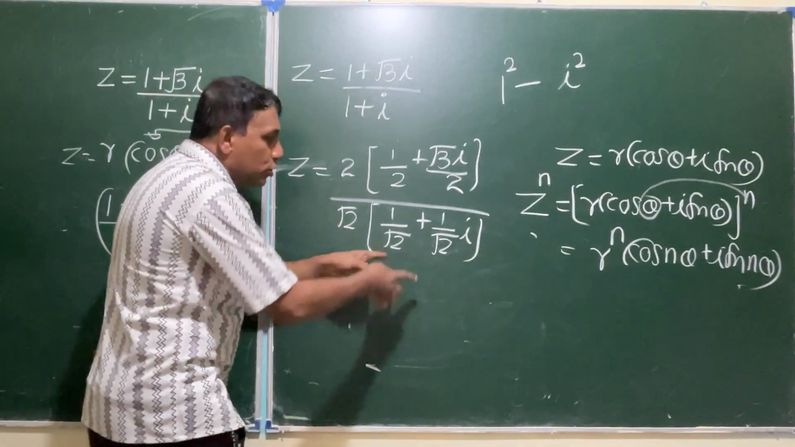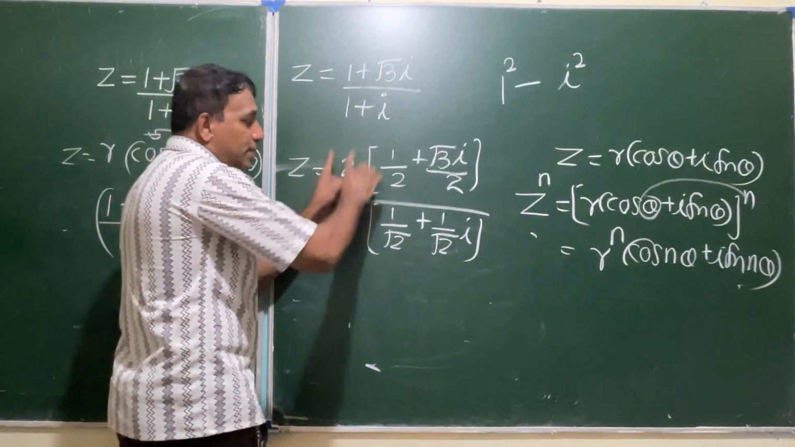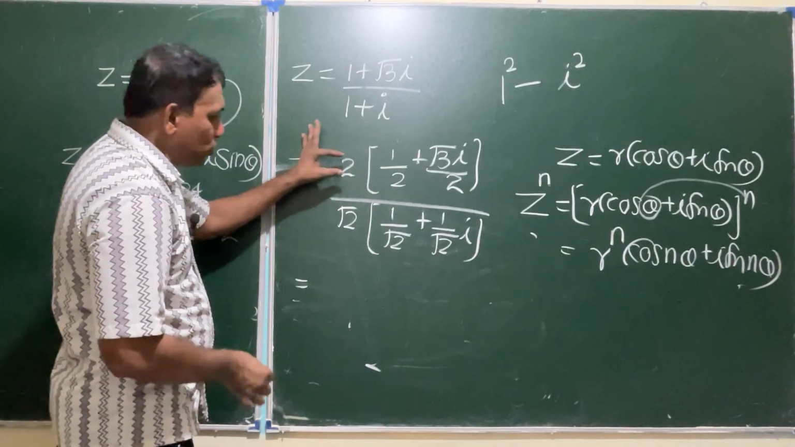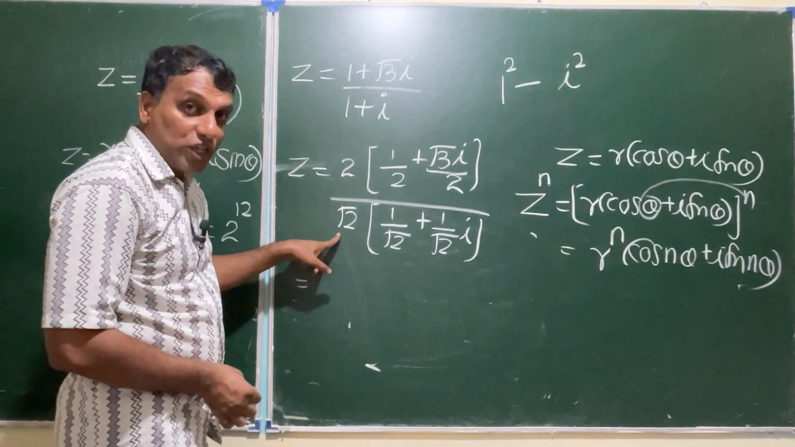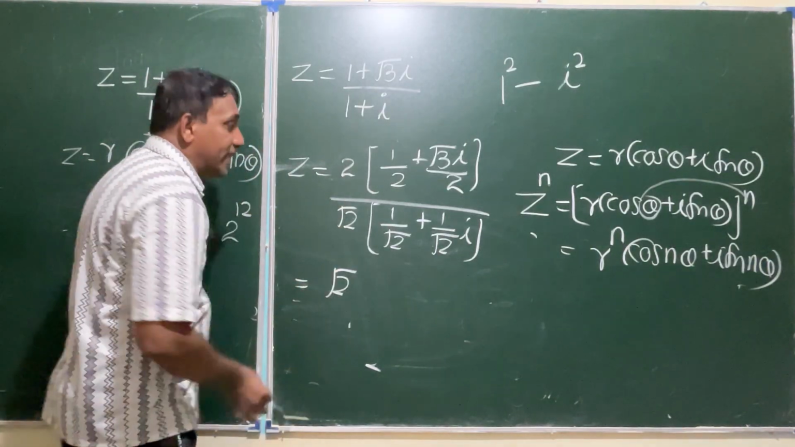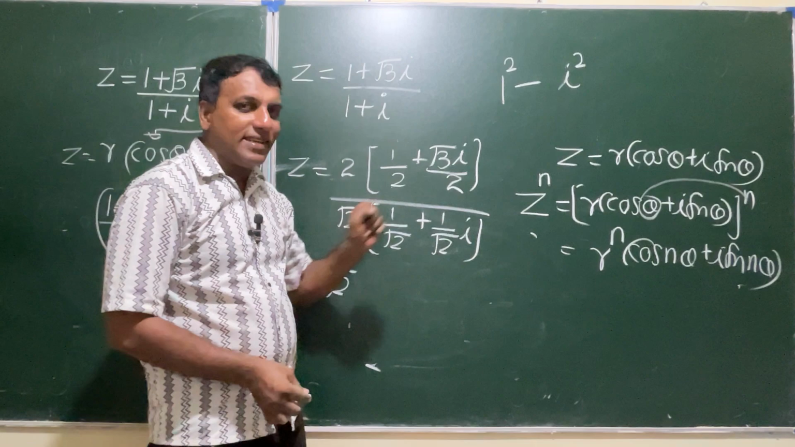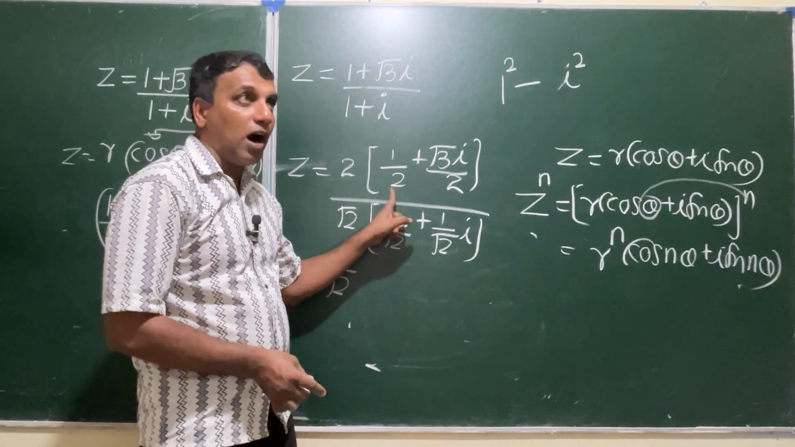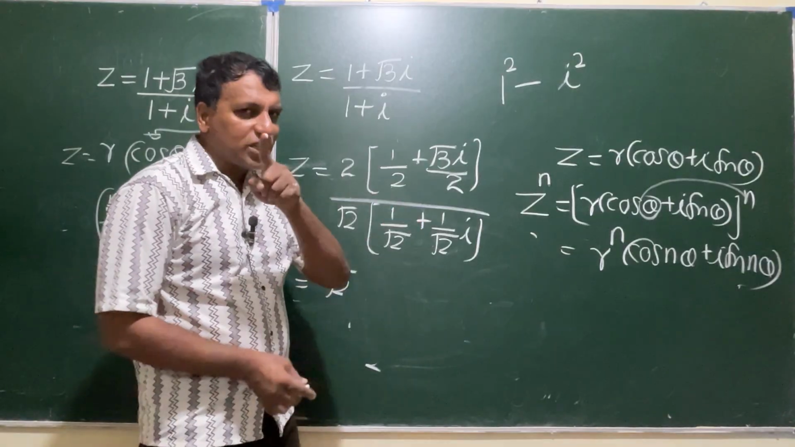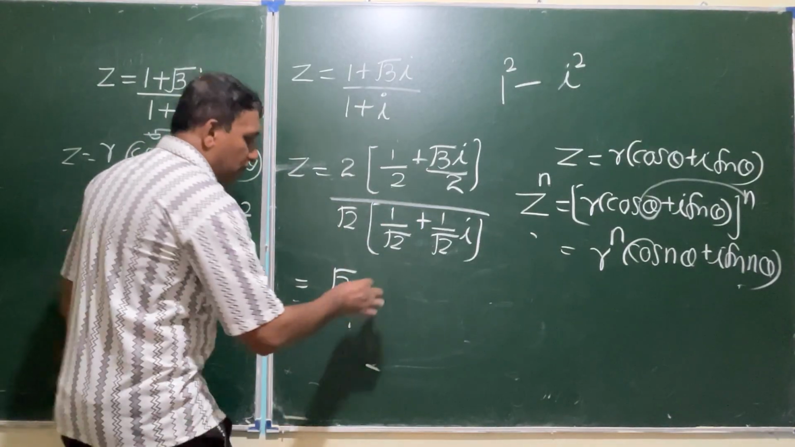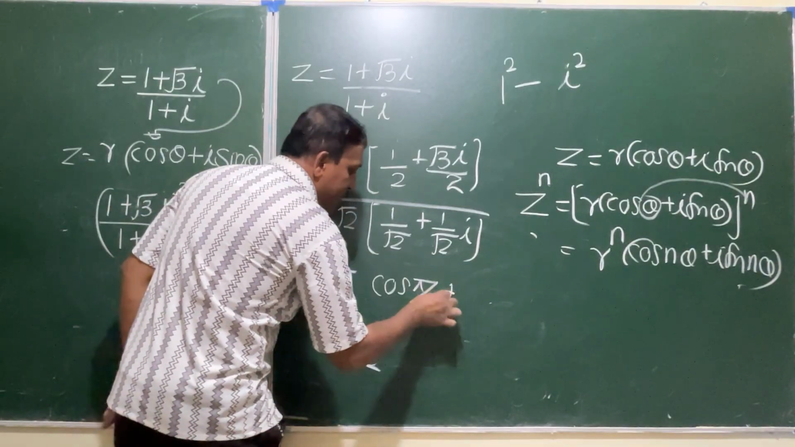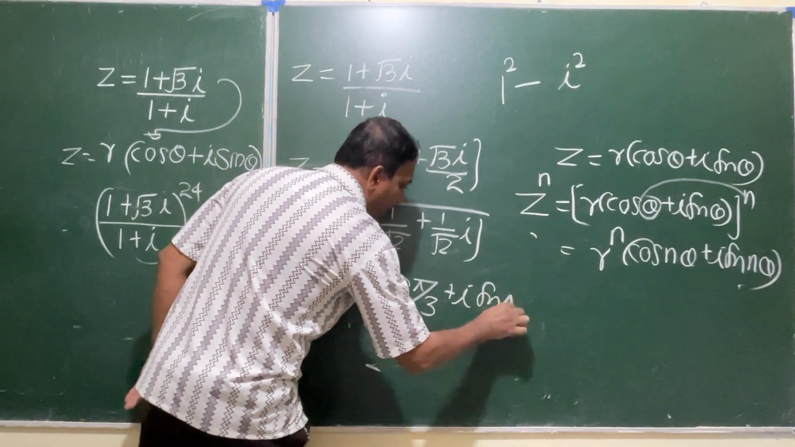If you multiply by root 2, this part is available. We won't write the irrational values, right? It becomes root 2. Now it is very clear, the cos theta, sin theta format. Cos angle is half, sin angle is root 3 by 2. Cos theta is half, so 60 degrees or pi by 3, right? Therefore, cos pi by 3 plus i sin pi by 3, okay,